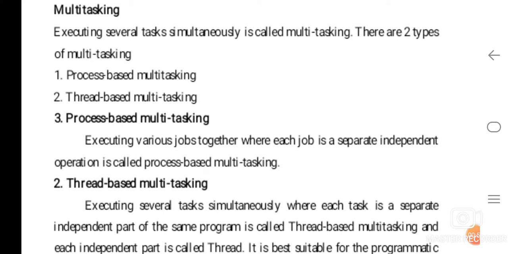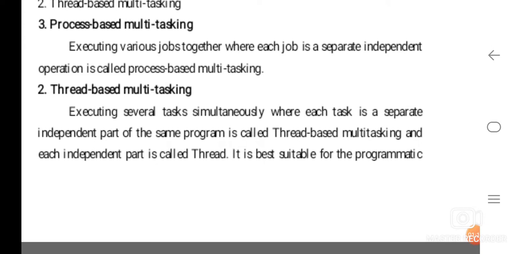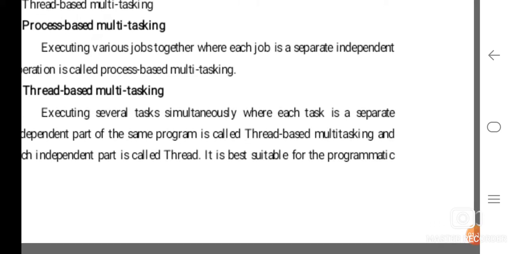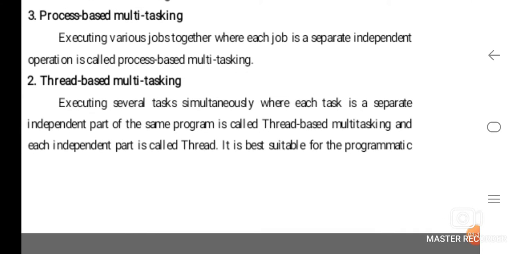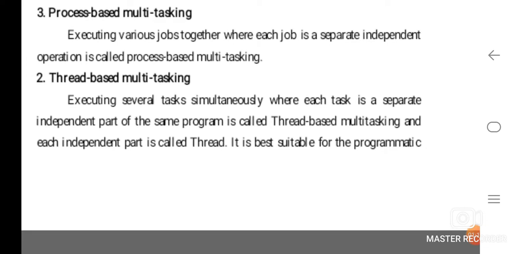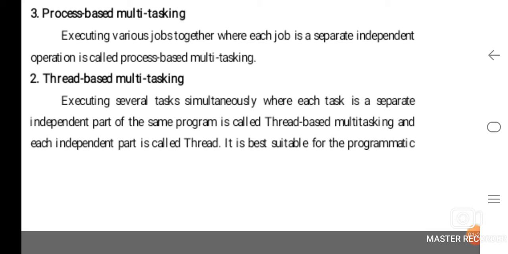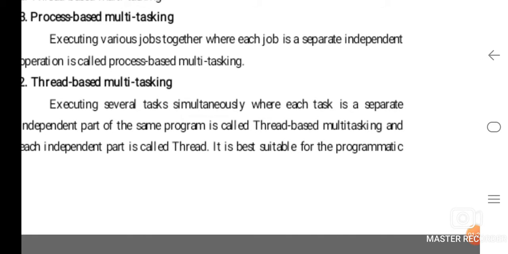In process-based multitasking, executing various jobs together, where each job is a separate independent operation, is called process-based multitasking. In thread-based multitasking, executing several tasks simultaneously, where each task is a separate independent part of the same program, is called thread-based multitasking, and each independent part is called a thread.